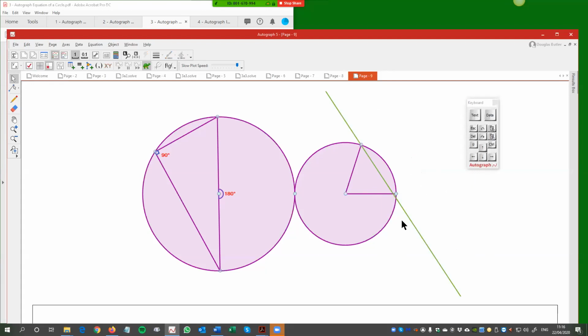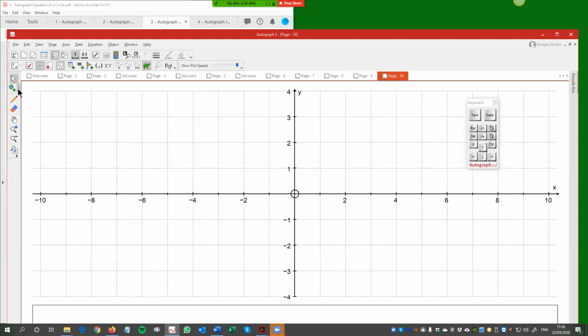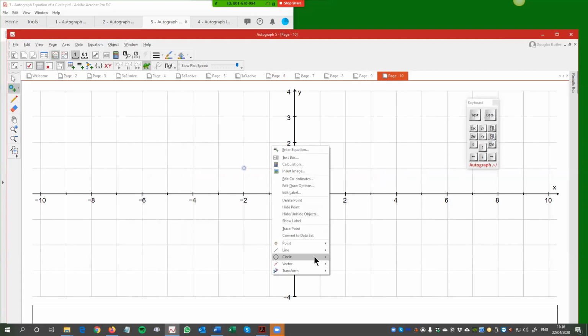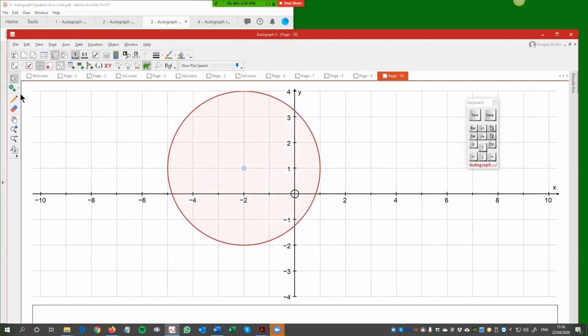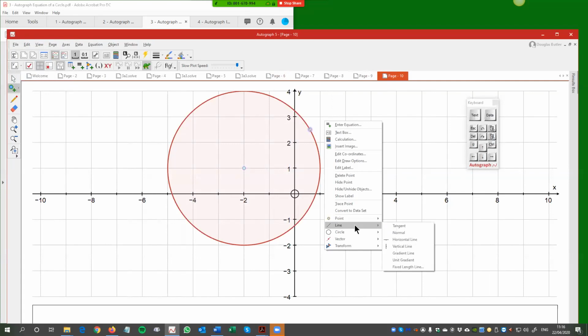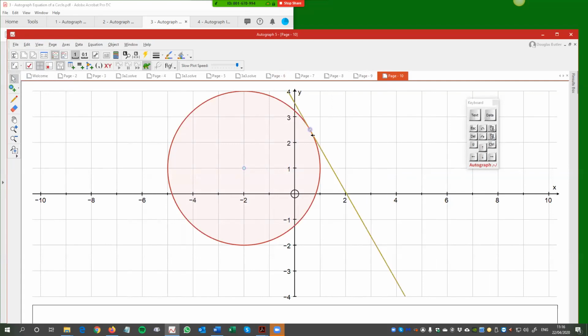So if you create a new 2D page, create a point, right click and circle radius, and then the tangent point won't go through the circle using that option for circle. That way the tangent can go all the way around the circle without ever going through the circle. So,